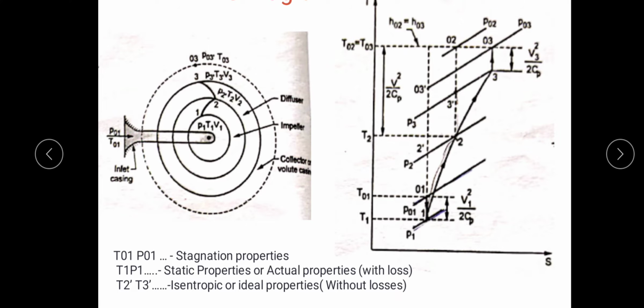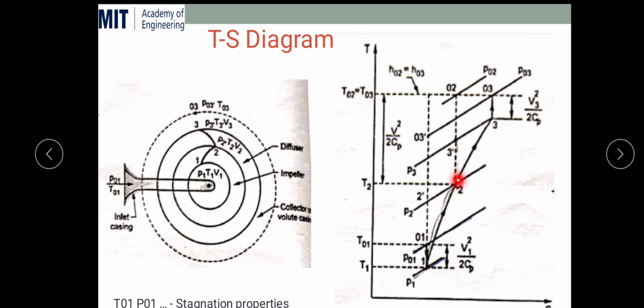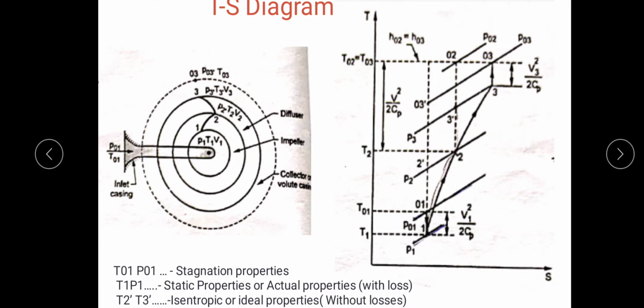Then from the P1 pressure line at the impeller, due to the energy imparted by the impeller, the pressure increases from 1 to 2. In the impeller action there are friction losses and also leakage losses. That's why we show this as an inclined line from the P1 to the P2 pressure line, and the pressure increases from P1 to P2. Between S1, the entropy at point 1, and S2, the entropy at point 2, the entropy also increases due to the friction.